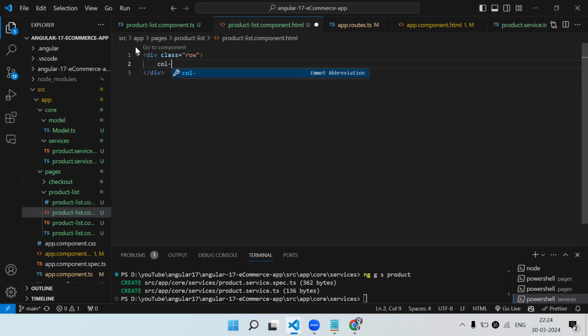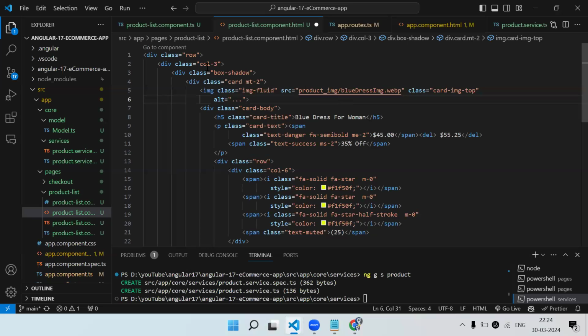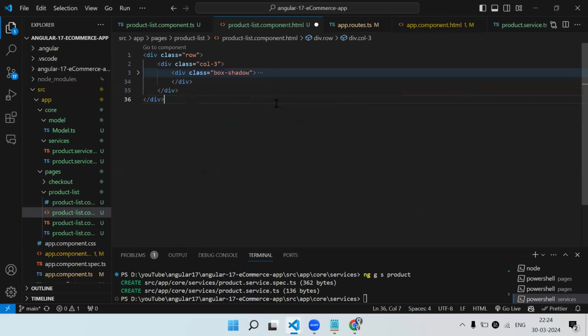Row. Call, let's say in one column we are going to show the 4 products, so call 3. Okay. And in call 3 I will put it over here, the static HTML code. Now this call 3 should be dynamic. Okay. Now coming back to new feature what we have got in Angular 17, the actual difference why component is